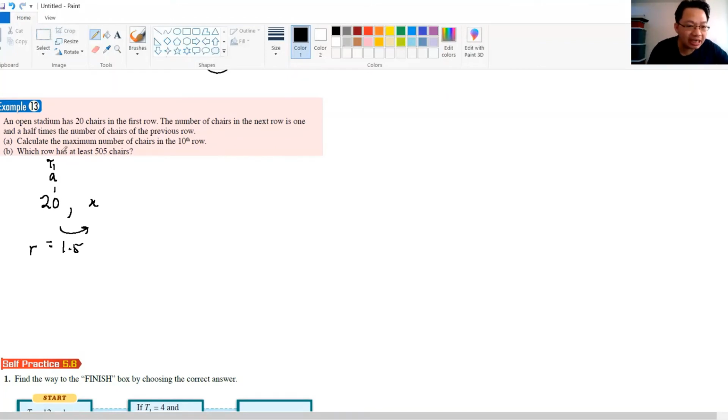So what is this question here? Calculate the maximum number of chairs in the 10th row. We want to find the number of chairs in the 10th row. That means T10. So A, R to the power of 10 minus 1. A is 20, R is 1.5, 10 minus 1 is 9. Then you compute. So 1.5 power 9 times 20. Okay. So the value here is